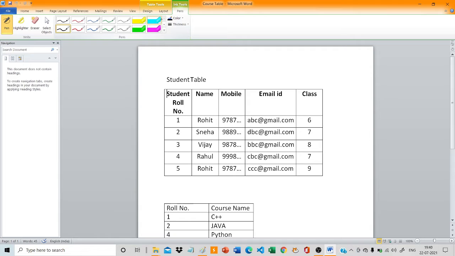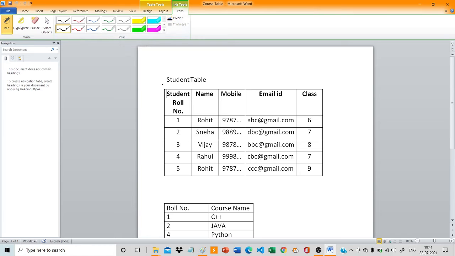So basically, what is the agenda of foreign key? With the help of foreign key, we can connect one table to more than one table. So we will create a link with the help of foreign key. So what is foreign key? Again, I'm telling you, it is an attribute or set of attributes that references a primary key of the same table or another table.